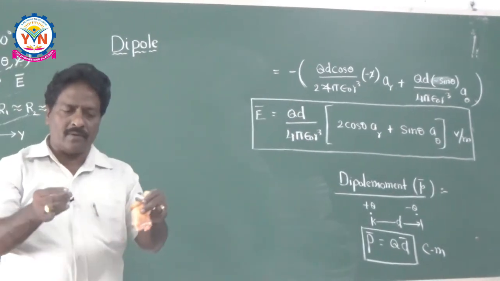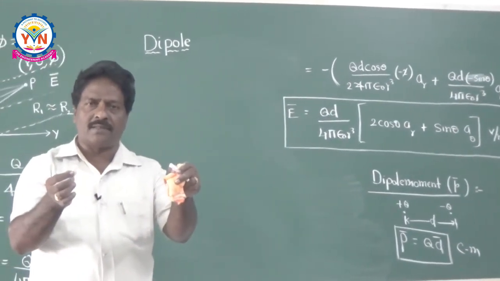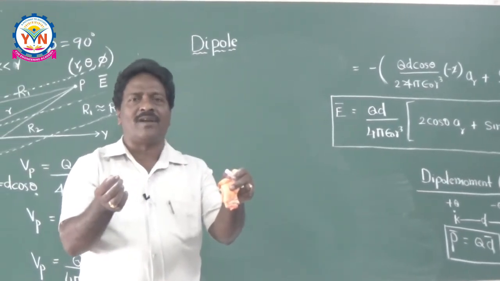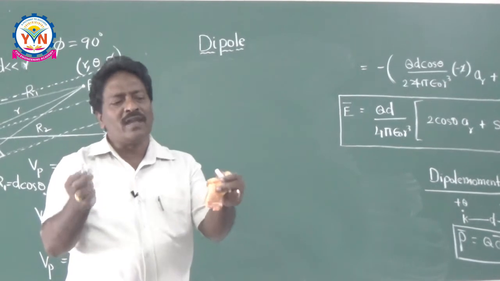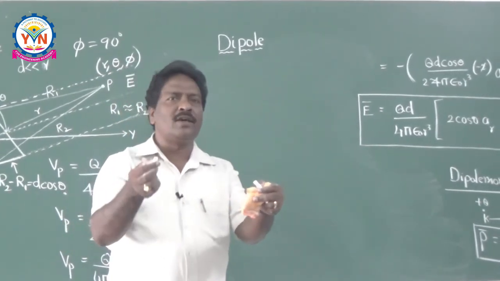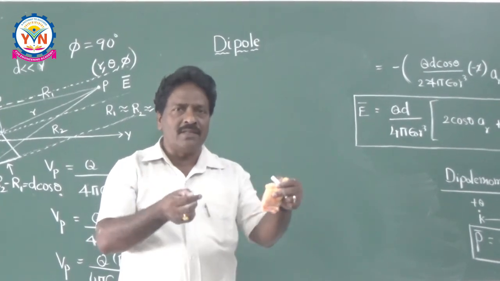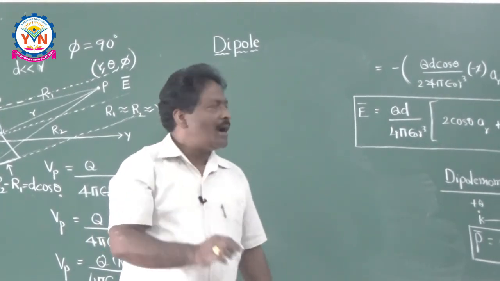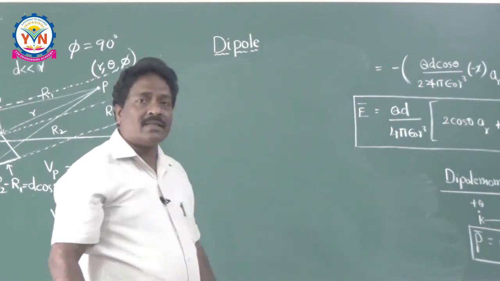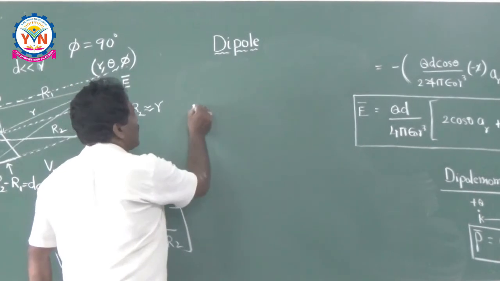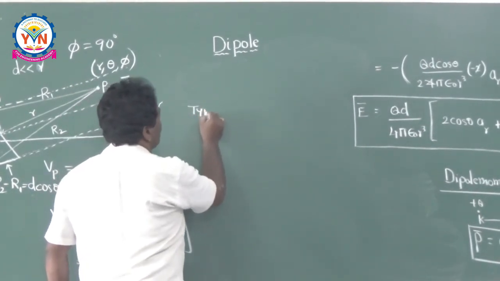If you take a dipole, it is two equal and opposite charges. If you take two dipoles, it becomes a quadrupole. If you take two quadrupoles, it becomes an octopole, because generally they are going to ask you bits from these different types of charges. So I would like to give a small table. Logically we can write all these things now, and there is no need to derive also.